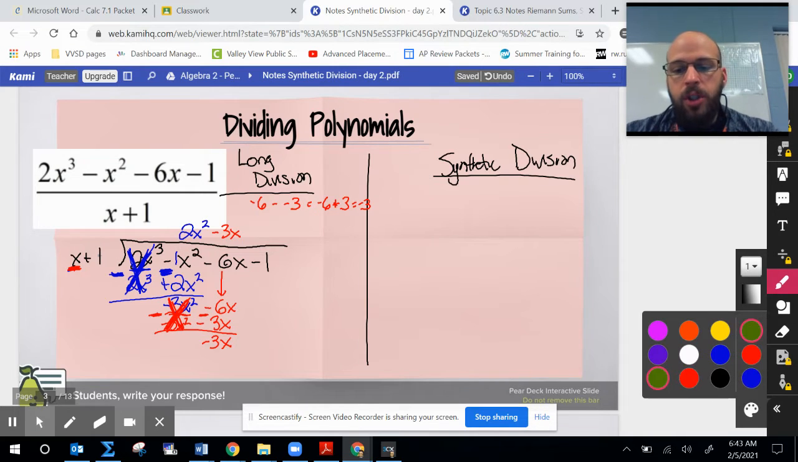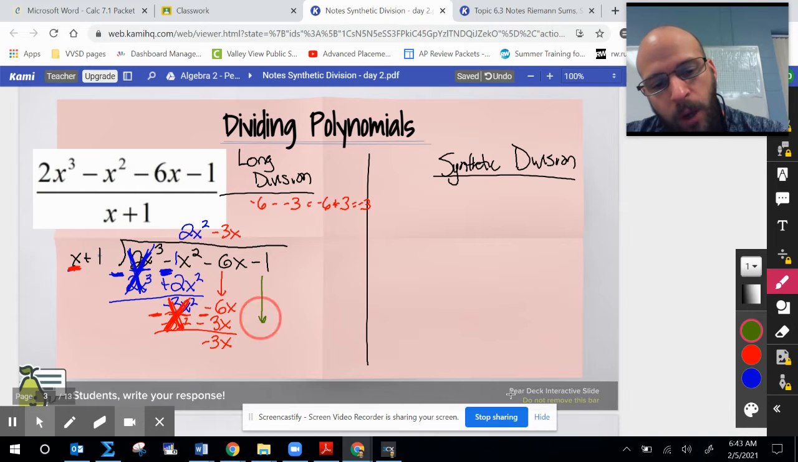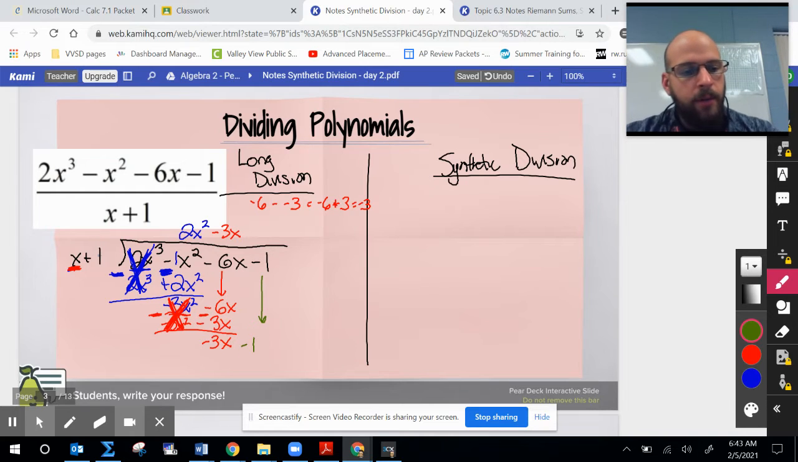So that was step number 2. We're going to do it one more time because we have one more term to drop down, and I'm going to repeat the whole process. I want this negative 3x to match this x, which means I want to multiply by a negative 3. So I get a negative 3x. Negative 3 times 1 is a negative 3. I'm going to put my subtractions in,